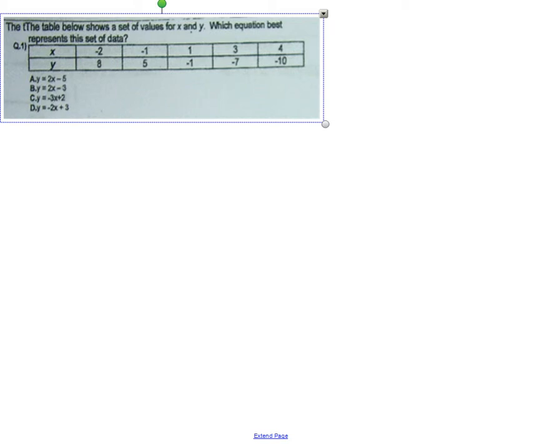So I don't pick up all this stuff because that's not needed. The table below shows a set of values for x and y. Which equation best represents this set of data? We can look at the table to look for a slope, which should be our first step. We need to find that common difference. So we can't look at all of them because it doesn't always go by 1. But we have a few here, from -2 to -1. That's increasing by 1, and y is changing by